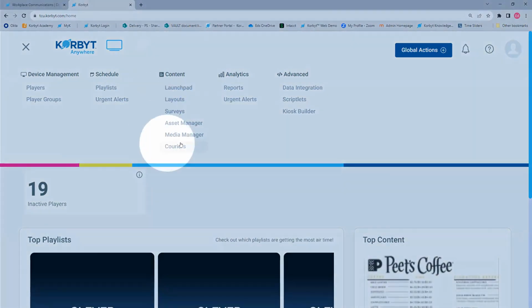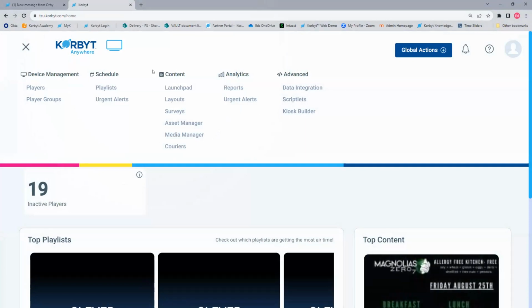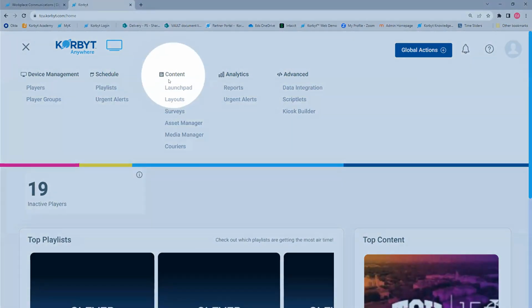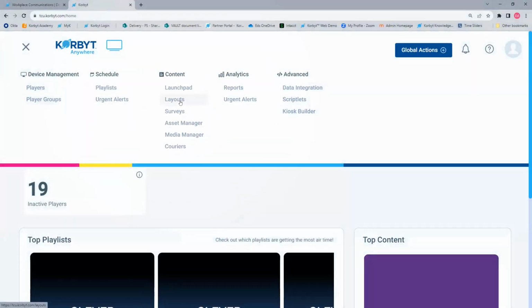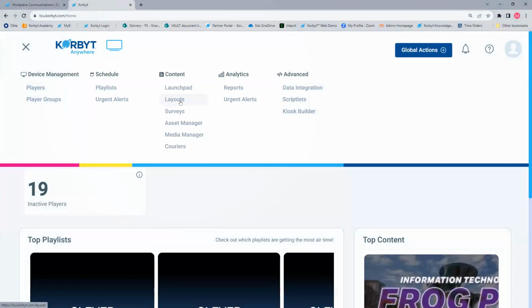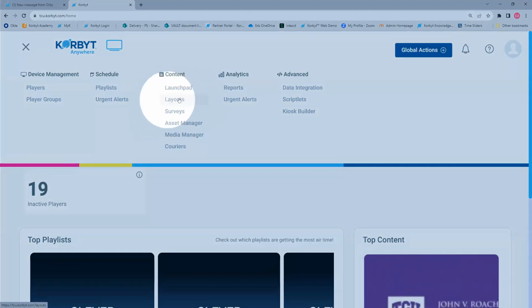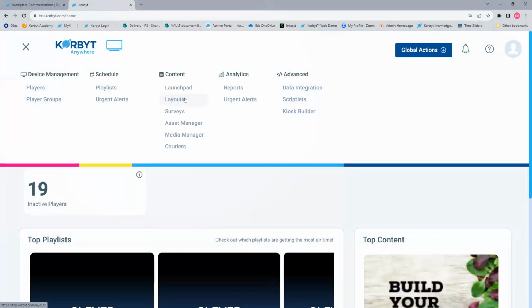And then the content section, the other section you're going to be using routinely. This is where you upload items that you already have. So if you have pictures or documents that you want to make seen, this is where you upload them, the content section. It also has tools for creation of new signage, so pulling in elements like tickers or real-time date and time and other data elements. They are built together in what we call layouts. Those are constructed pieces of signage.